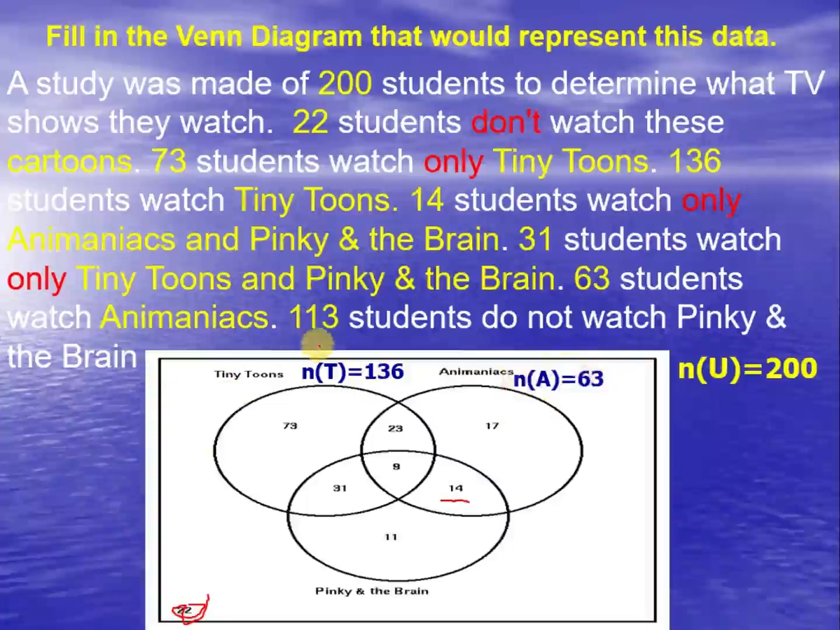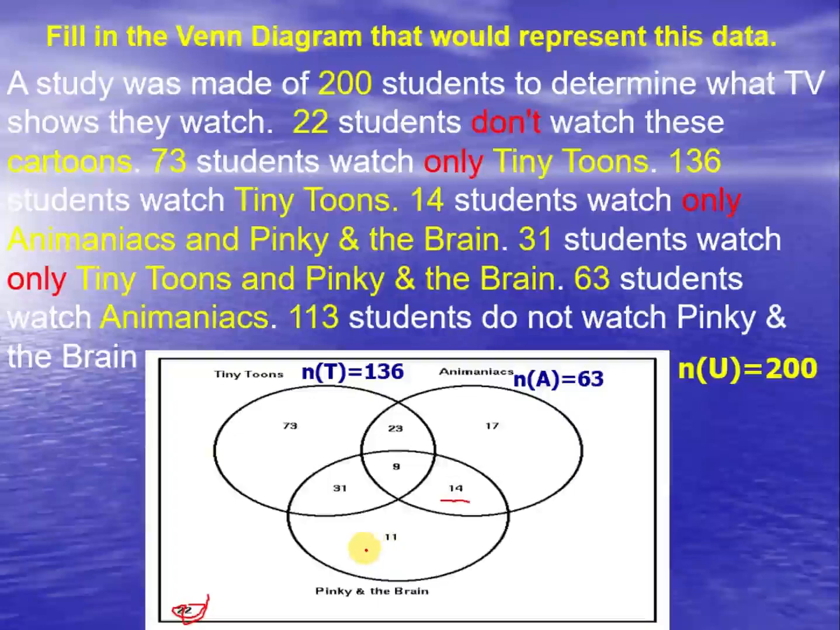Now 113 students do not watch Pinky and the Brain. Pinky and the Brain, they don't watch it. So just remove the whole of Pinky and the Brain. The rest that are left is Tiny Toons and then Animaniacs. So if they are saying that 113 students don't watch Pinky and the Brain, just rule out that, and the rest that are left, they are those who don't watch